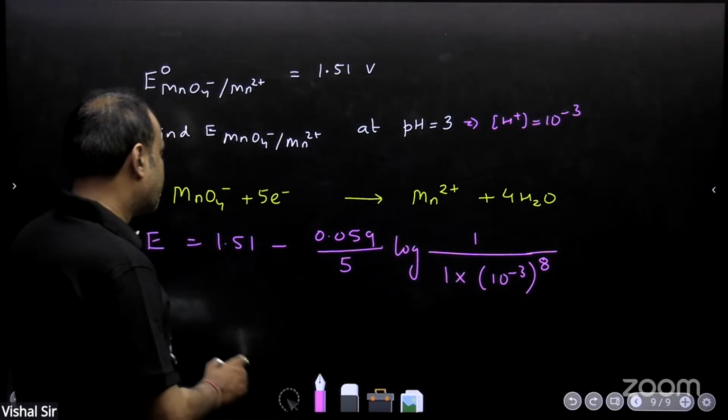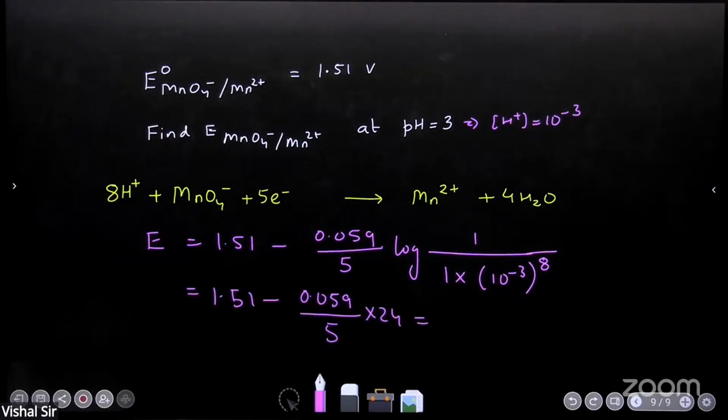So the E value will come out to be 1.51 minus 0.059 by 5 into